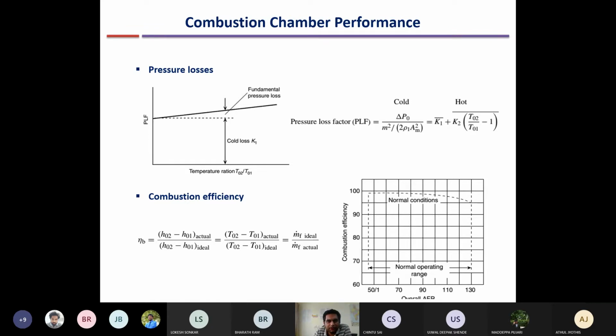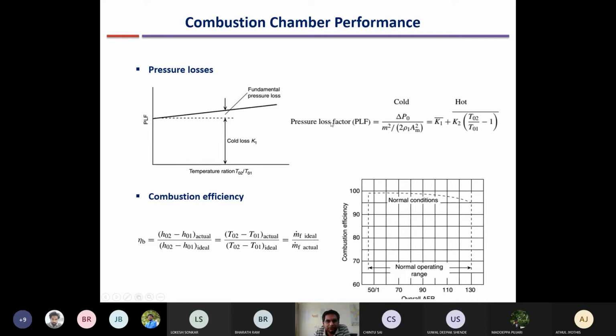So with low density of the fluid, to keep the same mass flow, the velocity actually increases in the combustion chamber. Because there is an increase in velocity, it leads to a reduction in pressure. So there is a slight pressure gradient set up because of this increase in velocity due to temperature. This additional pressure drop, due to the rise in temperature, is known as fundamental pressure loss and is only present when there is combustion, because if there is no combustion, there is no temperature rise. It increases with temperature ratio.